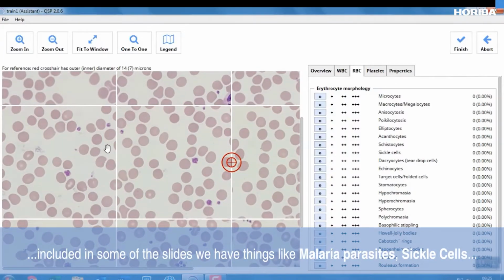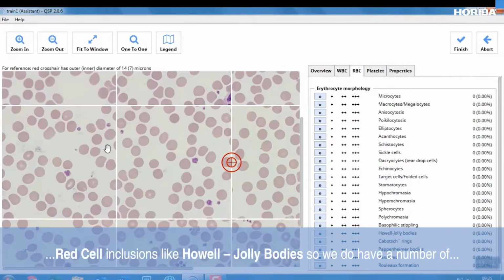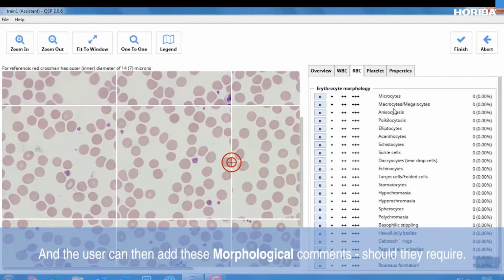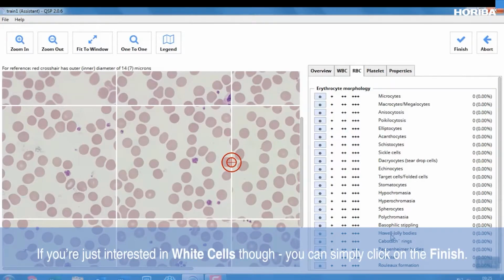Included in some of the slides we have things like malarial parasites, sickle cells, red cell inclusions like Howell Jolly bodies. So we do have a number of red cell abnormalities included within the slides, and the user can then add these morphological comments should they require. If you're just interested in white cells though, you can simply click on the finish,